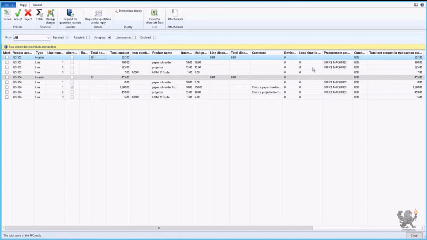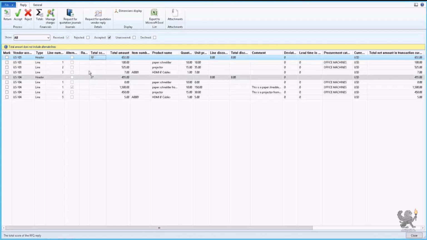If a vendor has put in a lead time, you can see how long they expect it to take from you ordering the stuff to you getting it. So there's a lot of things that you're going in and comparing here, and the change from AX 2012 R2 is that we have put everything in one grid, which makes it easier to compare. But let's say you have got like 50 responses in for 10 lines or something, which makes this a very big chunk of